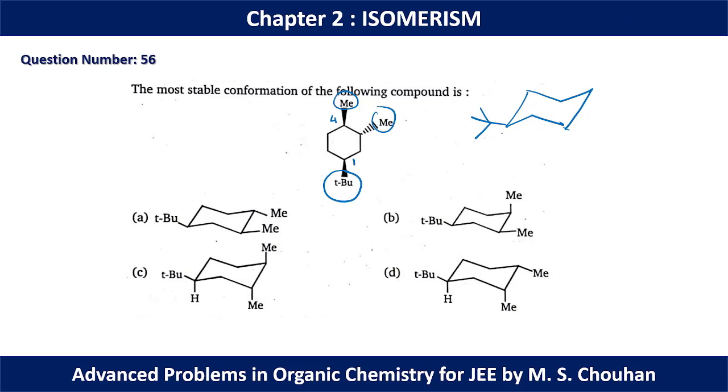So if this position is above the plane, in this position also we have methyl above the plane, but in this 3 position we have methyl below the plane. This should be the case because we have to maintain the proper geometry of the cyclohexane also. If you go for the geometry of the cyclohexane, you can think why these methyls are anti to each other and what the positions for the methyl are. We have discussed this in the video lectures. So for question number 56, option C should be the correct option.